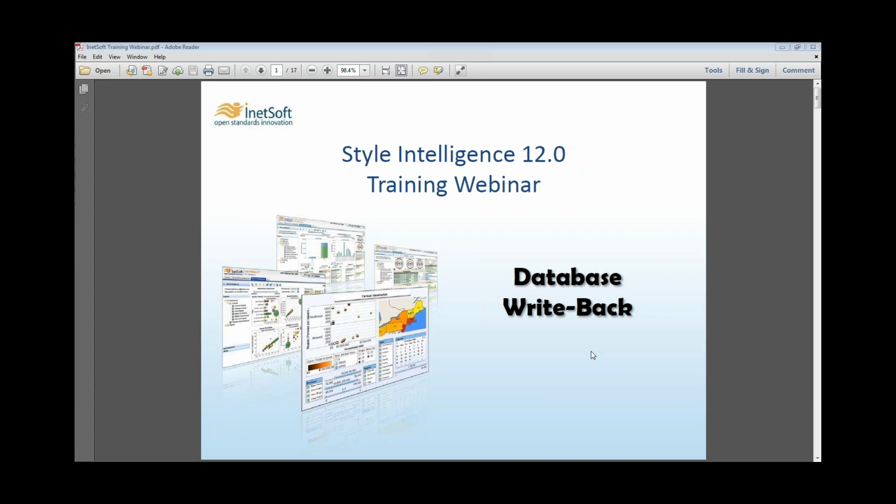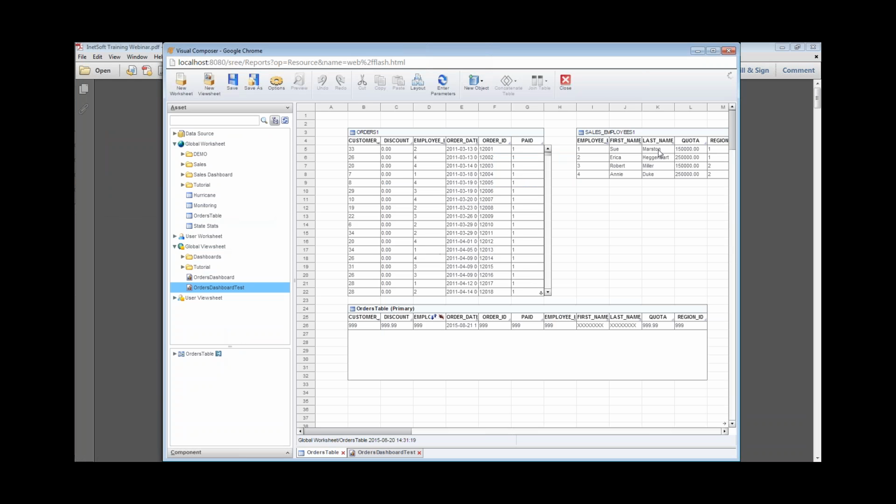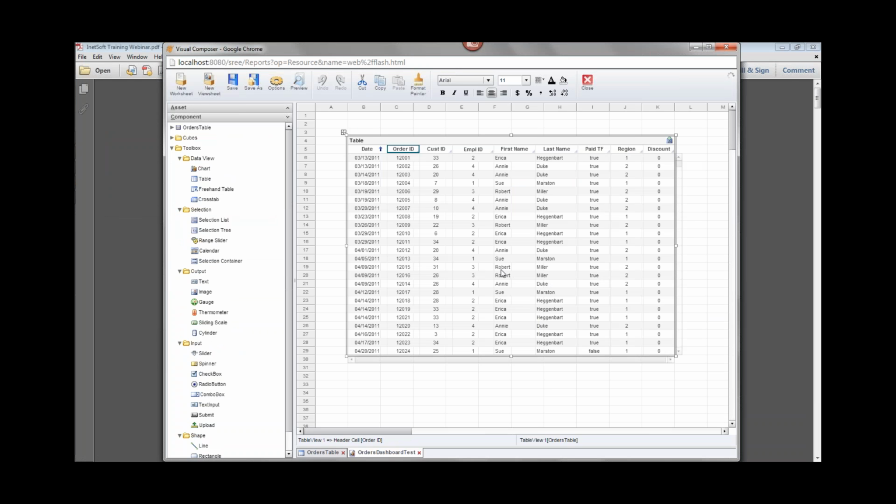So again, we'll give the high-level view. So let's get started with that lengthy introduction behind us. So I have a Visual Composer open here. Hopefully everybody can see it. And what I want to show you first is what we're looking at here. Well, let's first look at the dashboard. Right? So here what I have in Visual Composer is a dashboard.